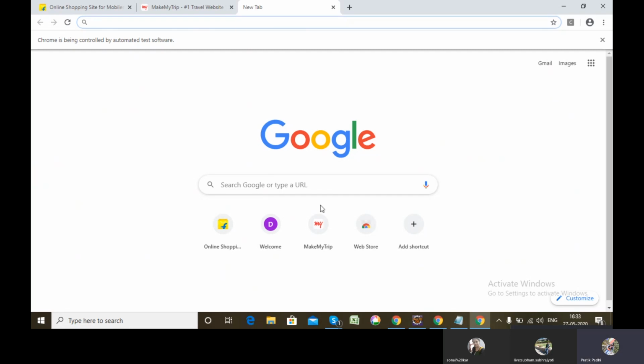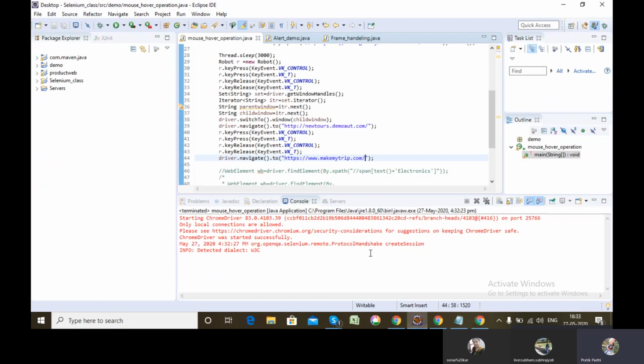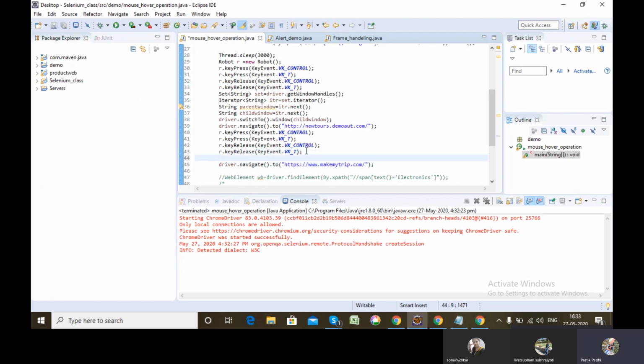Then only I will be able to get the window ID of the third tab. So again, if I have opened a new tab, I have to capture all the IDs that are opened.